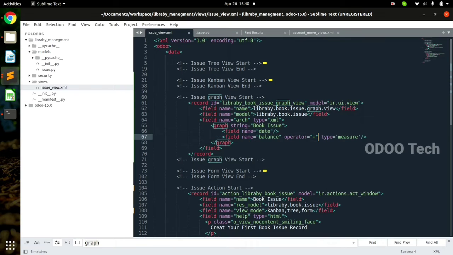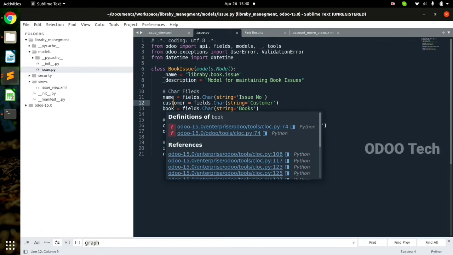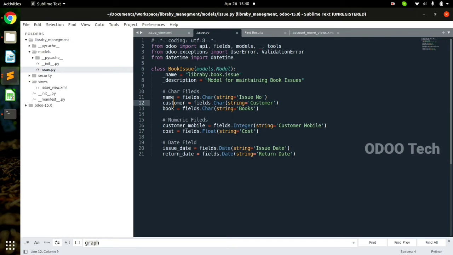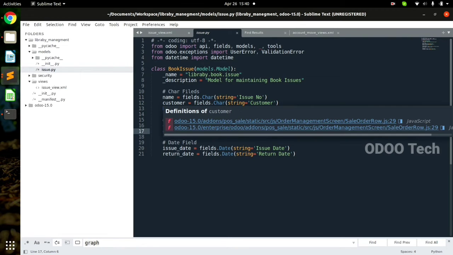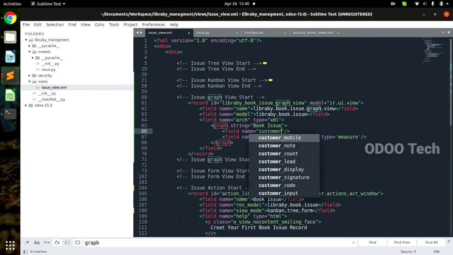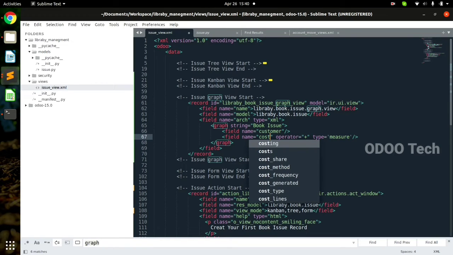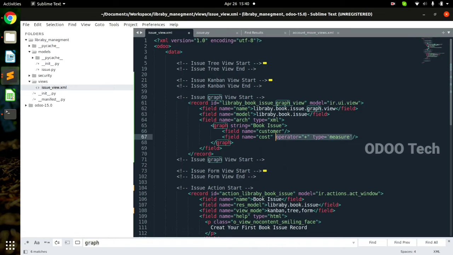So let me define my fields. First of all, let's decide which field we want to show where. We want to show customer parallel with cost. Suppose customer and cost we want to show. So I'll write the customer, and my second field would be cost. See, written here. We'll remove other unnecessary things. Simply, the graph view is completed. There is no hard and fast rule in the graph view. Same, it is also one view,